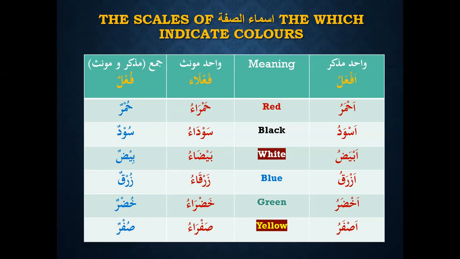And plural for both come on the scale of فعل. Remember عين الساكنة here. فعل, حمر, سود, بيض. But because of kasra is the right sign for a ya, you change that dhamma into kasra. Means ya would go with kasra, as waw would go with dhamma. So buydun fu'lun, buydun is difficult to pronounce. So Arab would change it into bidun, zurqun, khudrun, sufrun.